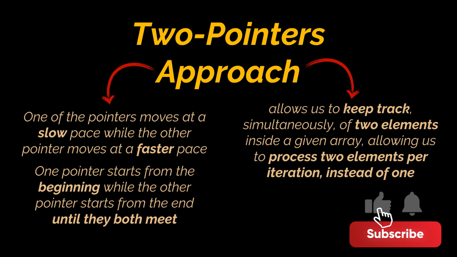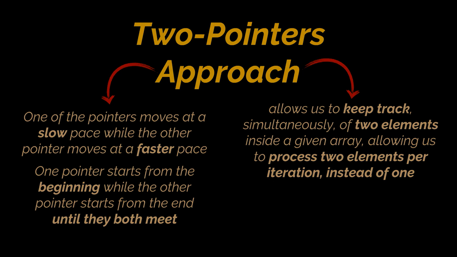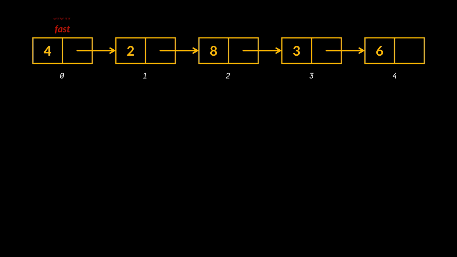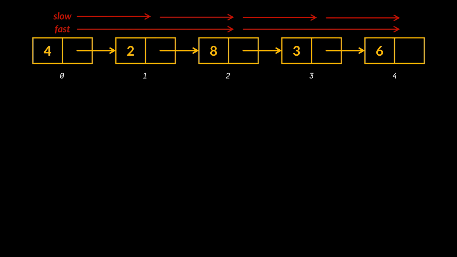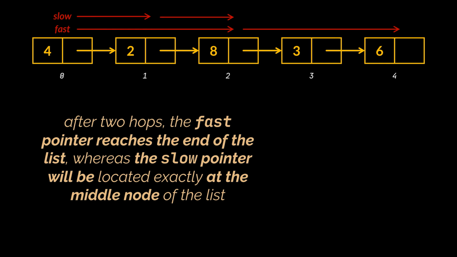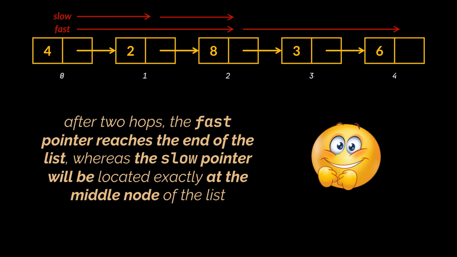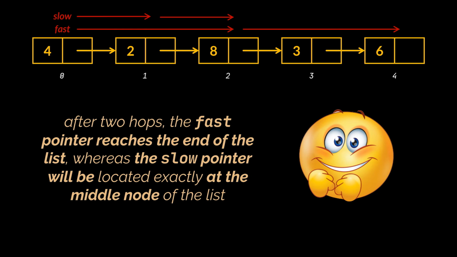Now, we are going to make use of these templates respectively to solve the problems we had at the beginning. Let's start with the linked list problem, and suppose we have two pointers, slow and fast, both pointing to the head node of the list. Now, one of these pointers, the slow one, will traverse this list normally by hopping one node at a time, whereas the second pointer, the fast one, will hop two nodes at a time. Notice that by the time the fast pointer reaches the end of the list, the slow pointer will be located exactly at the middle node of the list, which is exactly the element we are looking for. And that will always be the case because one node is moving twice as fast as the other node.